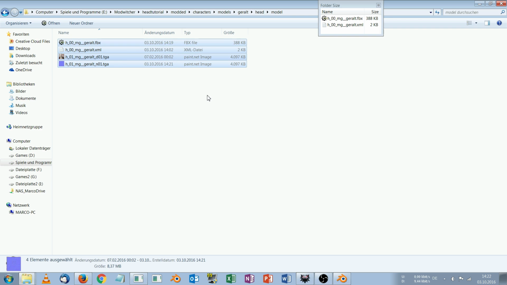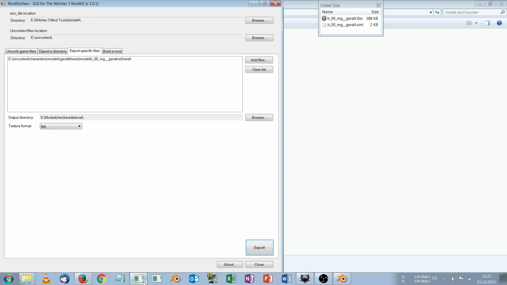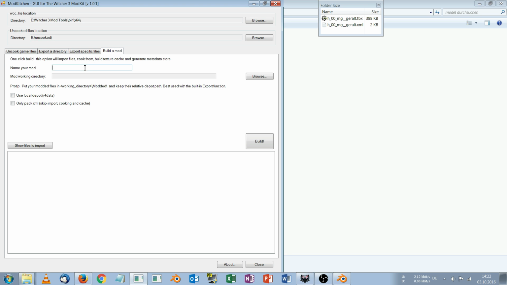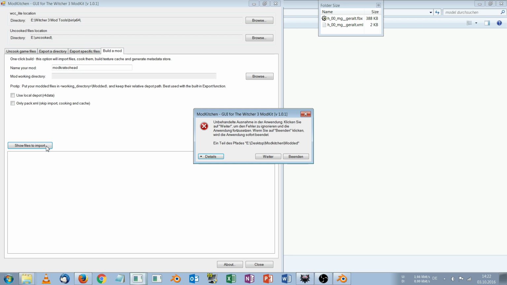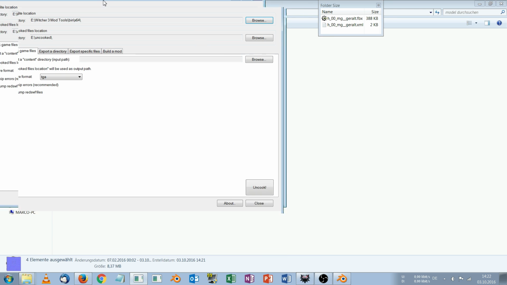So now we have set up everything correctly, and we open again our Modkitchen program. Head to build a mod tab, name your mod. In this case I will name it Kratos head, and Modkitchen needs the file to the folder to have a mod before the name. Okay. Then you can click show files to import, and nothing happens because I did not set the mod working directory. So let's do this again with the mod